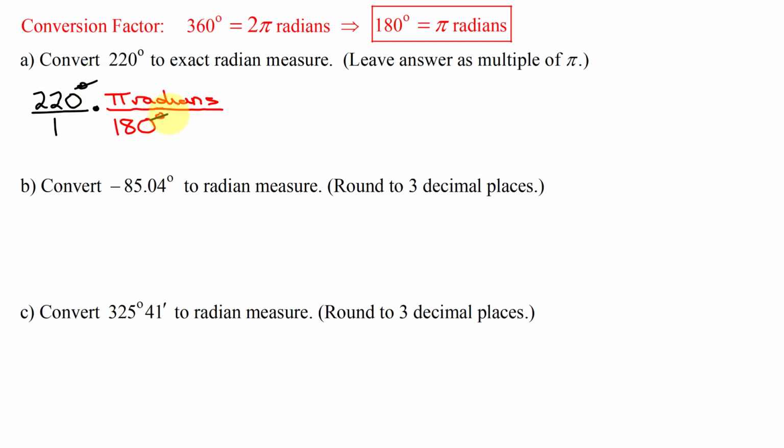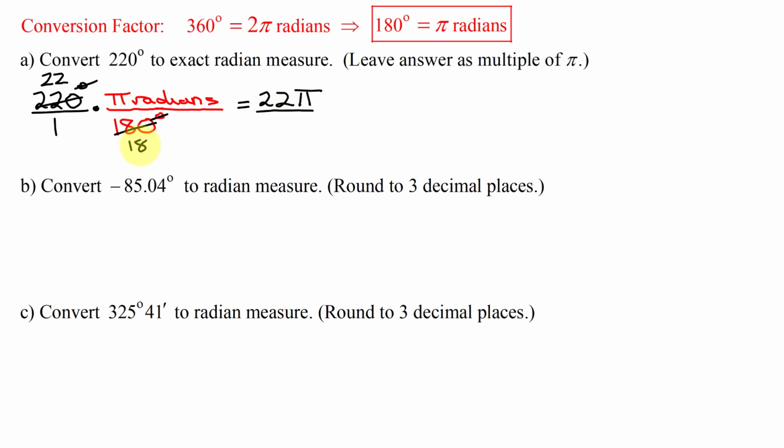My degrees reduce. If they hadn't, I would have done something wrong. And both of these numbers are divisible by 10. 10 divides into 220 22 times. 10 divides into 180 18 times. So it's going to give me 22 times pi,